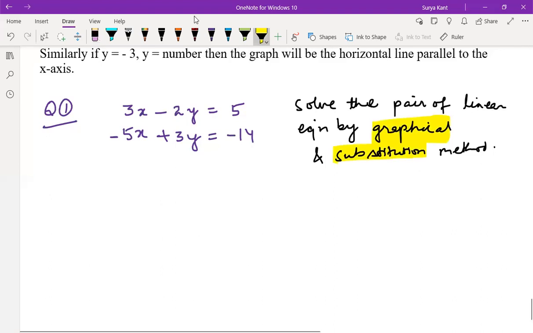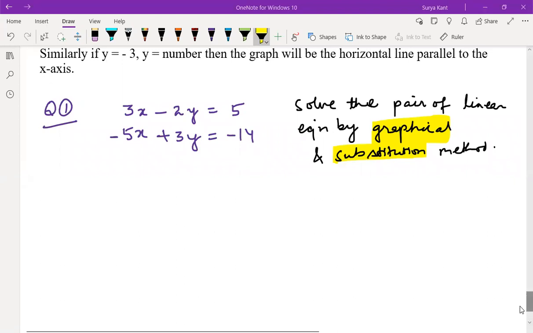Sir, I can do the substitution method, but in graphical I'm having a little bit of doubt. Yes, sir, same, sir. I got the substitution method. I'm not getting the graphical method. Okay, I'll show you. Sir, in graphical we need to take a value for x, substitute one value for x, then we need to find y, then represent it in the graph. Yeah. I'll just show the graphical method here, and the substitution method you do by yourself. Okay.